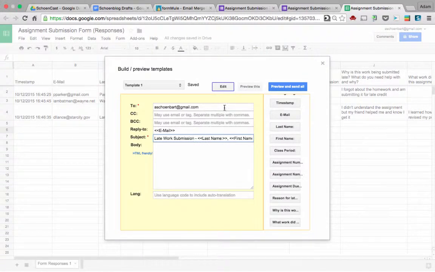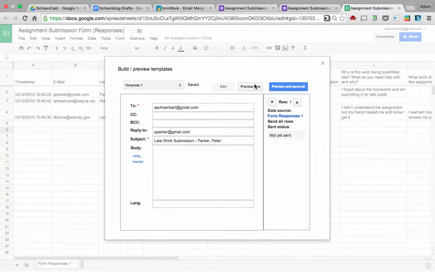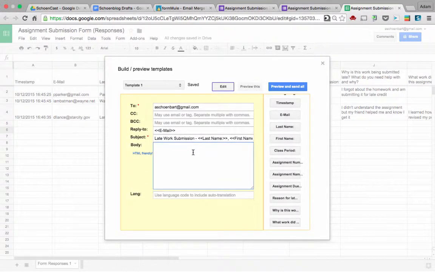So just to show you what this is going to look like so far, if you hit preview, automatically I will get an email from peterparker@gmail.com with the title of late work submission, Parker, Peter. So it takes the data across the row of the sheet and merges it into this template. Let's go back to edit, and right here, this email is a reminder that first name, last name has submitted late work